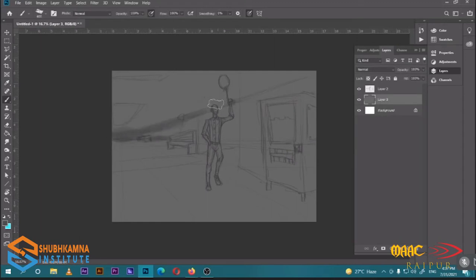So we'll be starting putting the shadows, lights and everything over here. Draw only the darker shadows first, which you think will be the most dark. So let's just put some really dark shadows over here.